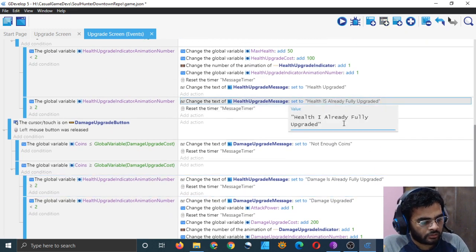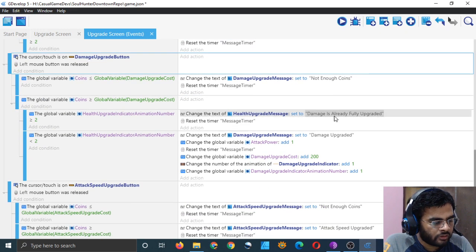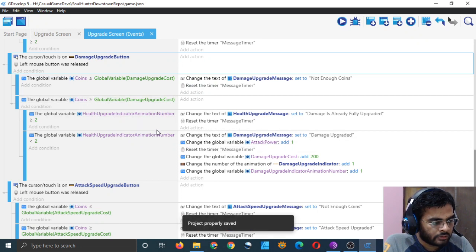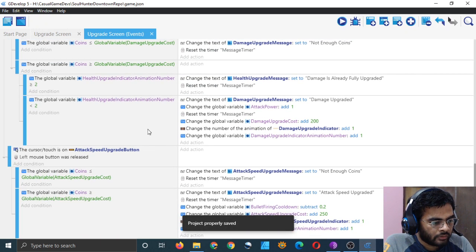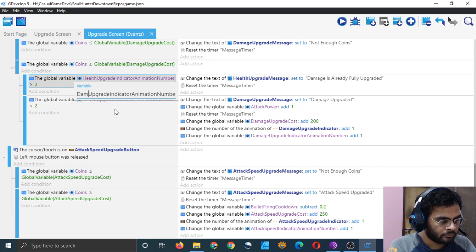Let me make it a lowercase s. Right? Damage is already fully upgraded. Again, we have it copied already. Okay, I'm doing this for health upgrade indicator, but I want to do it for damage upgrade indicator.